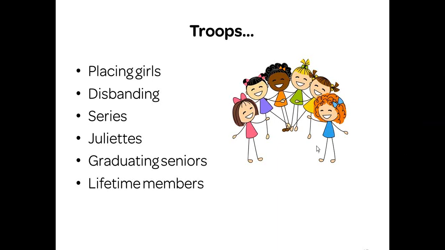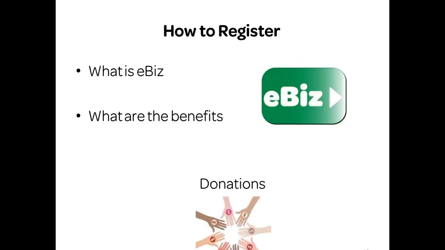All right, let me see what this question is. Oh, it's about Juliets. Juliets previously were registered to a special Juliet troop number and showed up on a separate report. Yes, they are registered to a troop number for your service unit, and you can request that report from your field executive. I don't think it shows up on the weekly reports, but you can request that special report. When I said that we register Juliets to the service unit, there is a specific troop number that we assign them to. I'm probably not saying this all correctly, but if you would like to know who your Juliets are, contact your field executive.